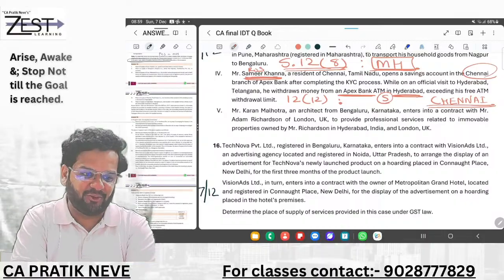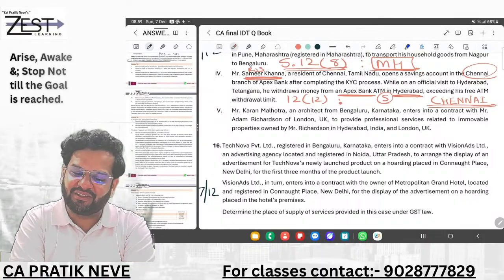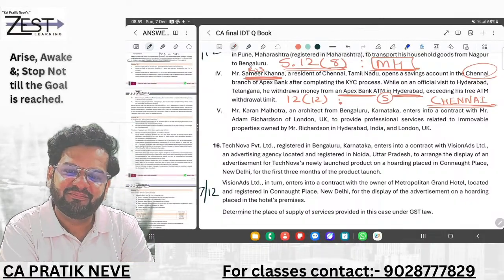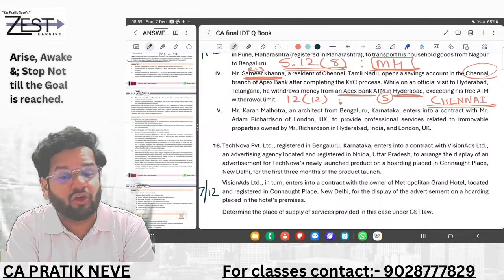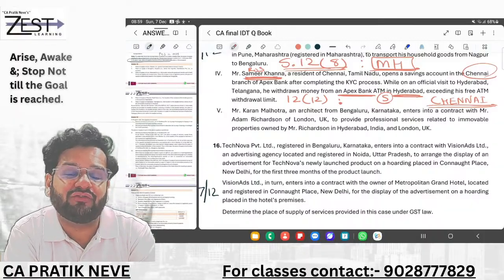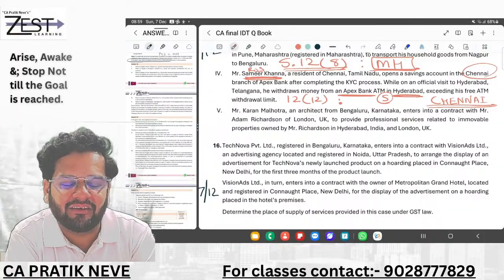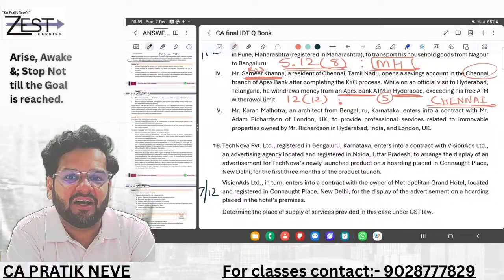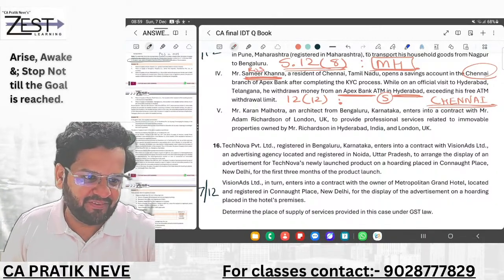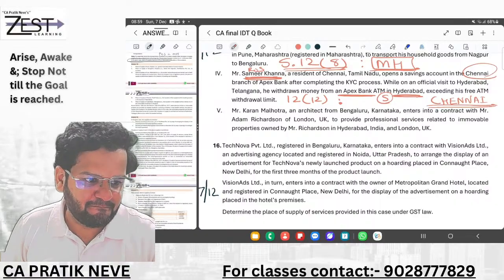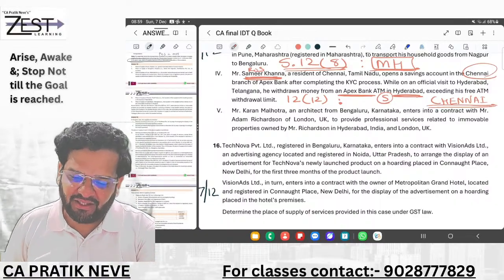Clear? All of you with me? Did you get it? Yes. If his address was not there in the records of the supplier, that is the bank, then the place of supply would have been the location of the supplier. Going ahead,